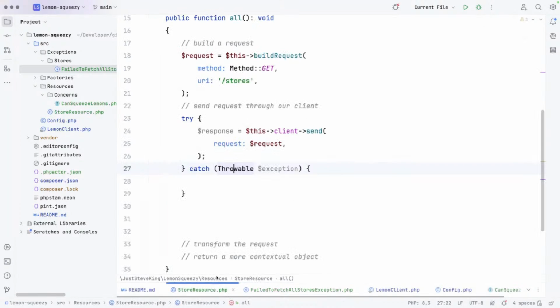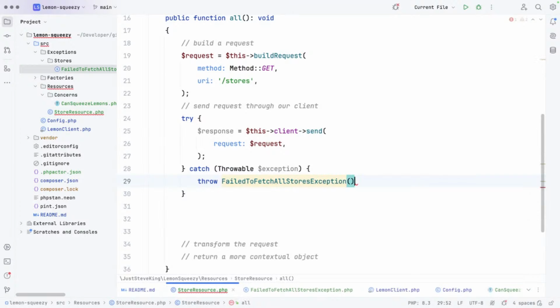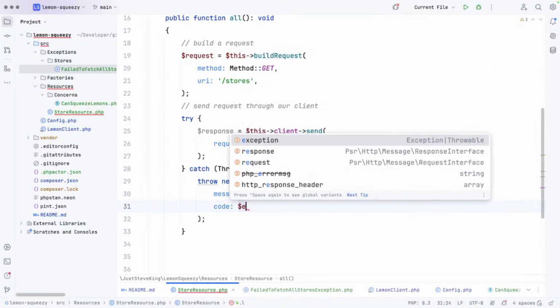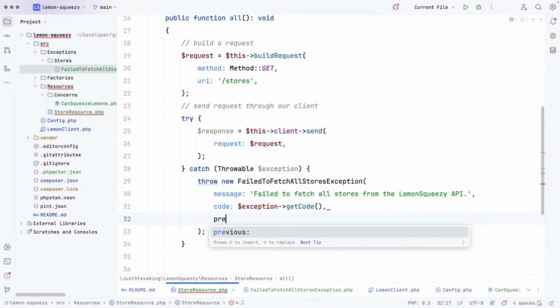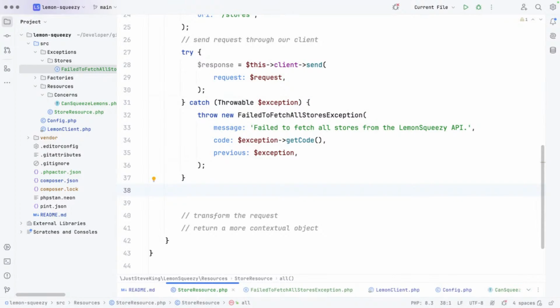So at this point, we are going to throw failed to fetch all stores. Let's just fix that. New. Now, the message is failed to fetch all stores from the LemonSqueezy API. The code is exception code, and the previous is the exception. Now, what we want to do is add the doc for that, and that's all good. At this point, we've handled it. We've thrown a